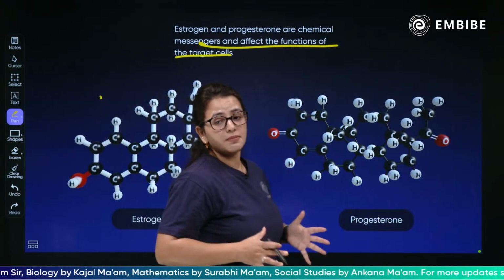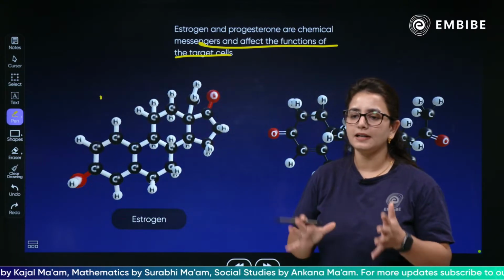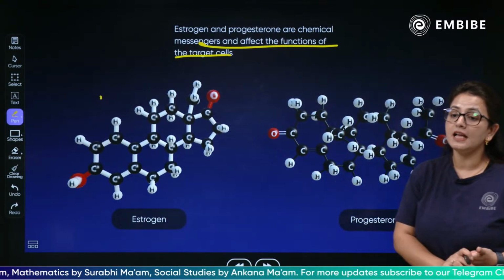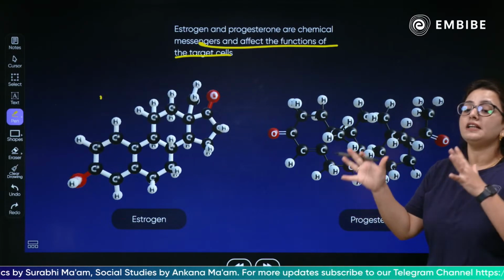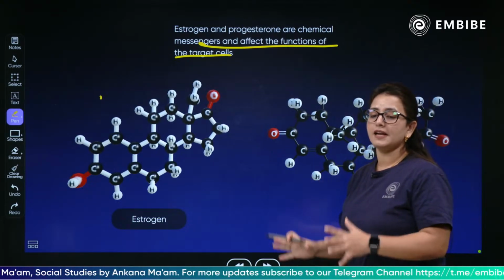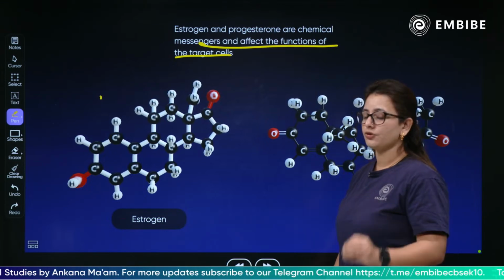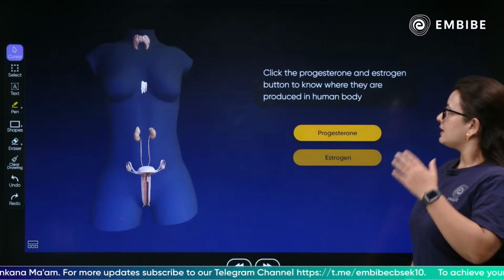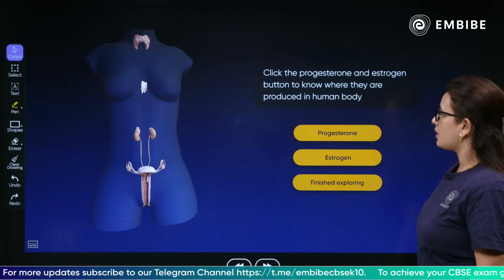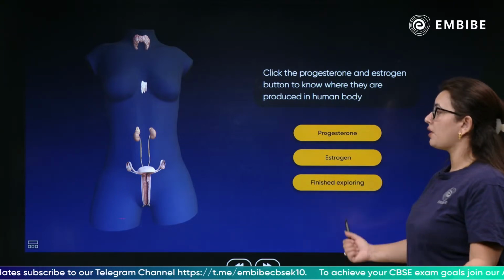Yes, if an excessive amount of estrogen and progesterone is secreted, they might affect the functioning of different cells, and they have a very different impact on different kinds of cells. Let's see exactly what the function of estrogen and progesterone is. Click on the estrogen and progesterone button to know where they are produced in the body and exactly what